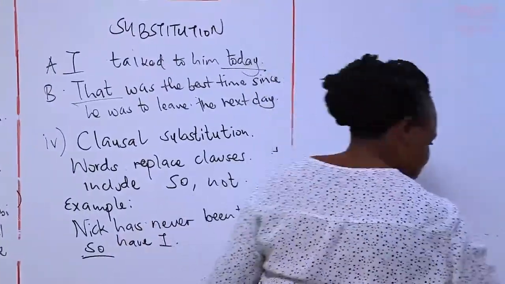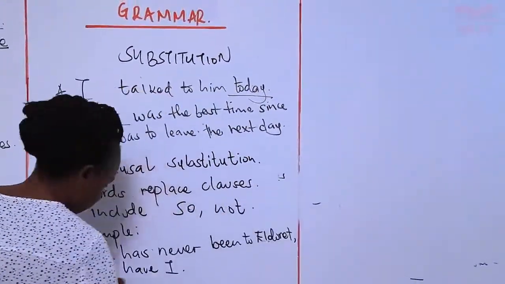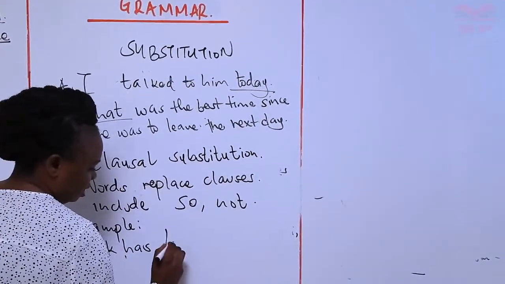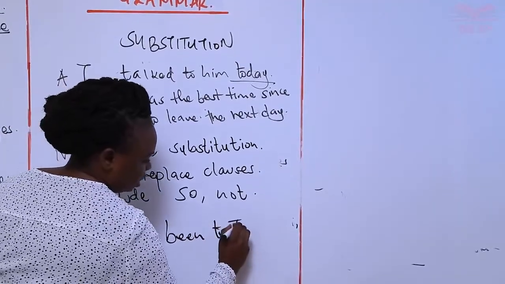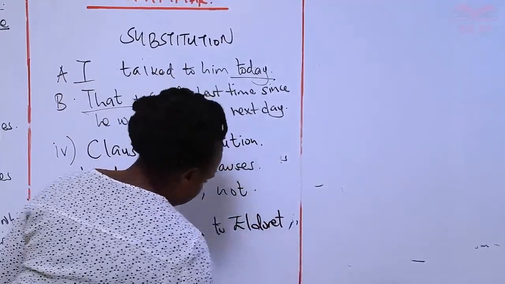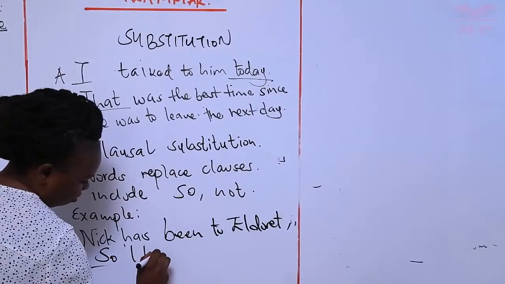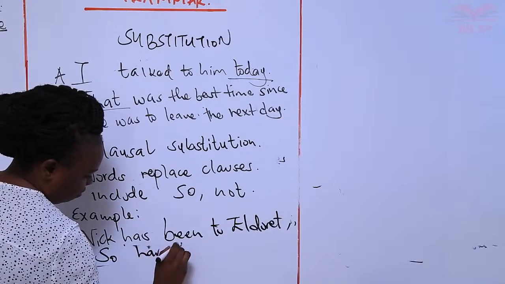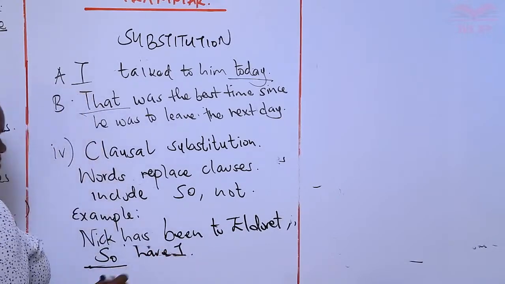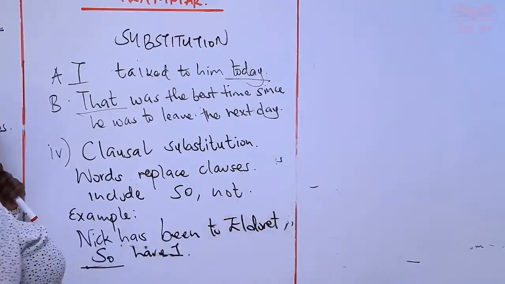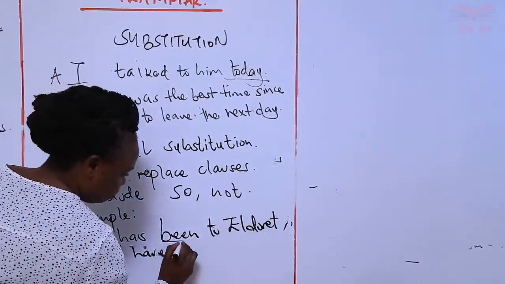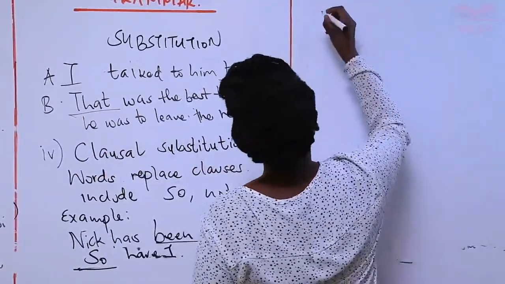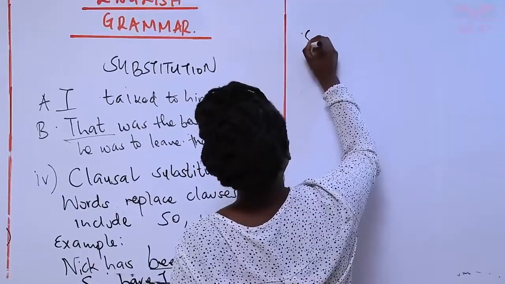You can make the sentence better so that I can still replace it as: Nick has been to Eldoret, so have I. So "so have I" has been used to replace "have been to Eldoret". Okay, now another one could be